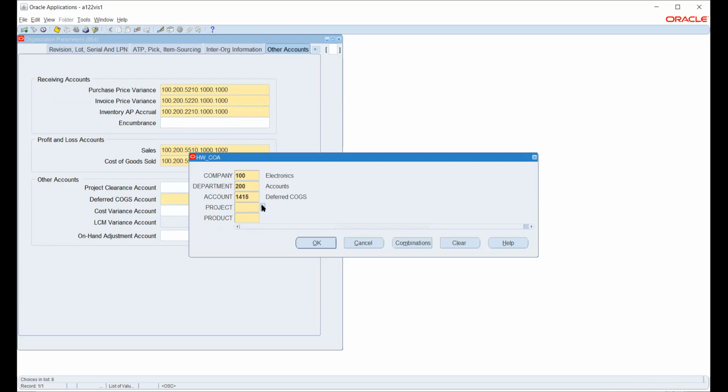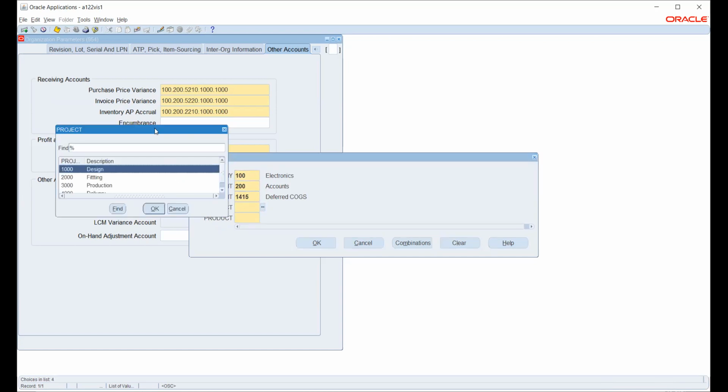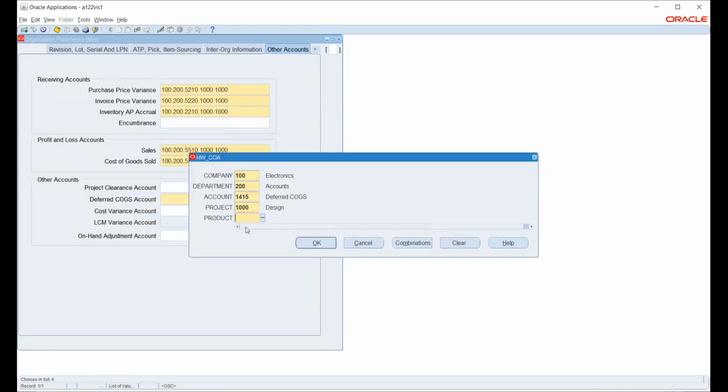The sales account and cost of goods accounts will come in when we book the order. So this will come as a part of the O2C cycle basically. The above part, that inventory AP accrual, is part of our P2P cycle, and this is part of our O2C cycle. So here we basically have another two parts, that is